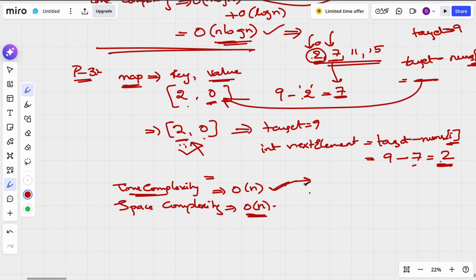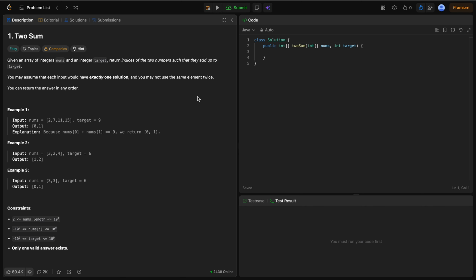So that's one of the reasons why, in some scenarios, we can compromise the space for making the time better. Clear? So I think we will solve this approach with respect to code. Okay, so